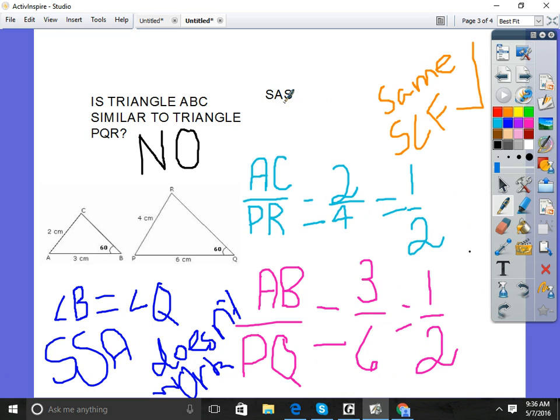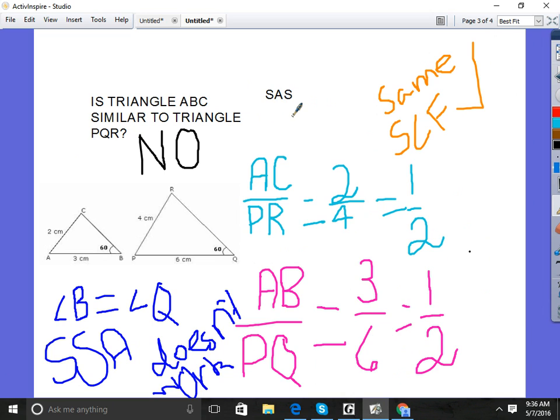Okay, now we have the last one, and that's side-angle-side. Is triangle ABC similar